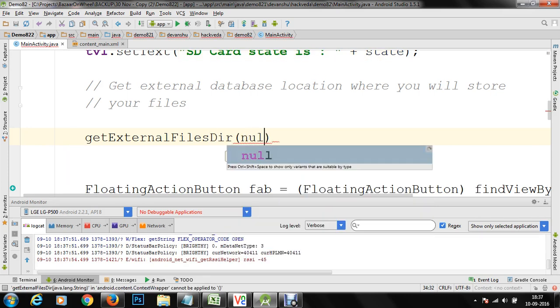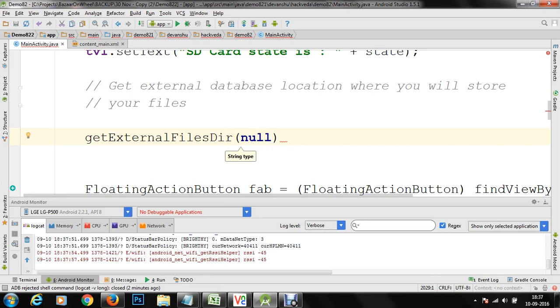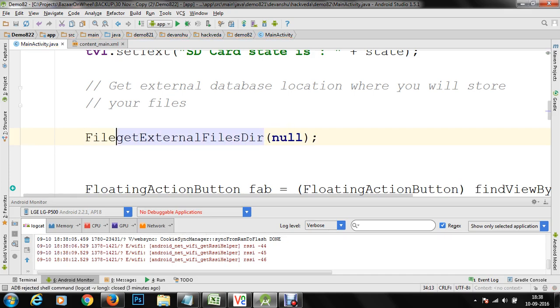So since I'm using Froyo, I would like to make use of the getExternalFilesDir method, and within this at the moment I'm going to specify null because I don't want to look for a specific location. I would like to get the root file system for my application package where my files will be stored on the external card. It is going to return me a file, and I'm going to store that in a variable known as file.